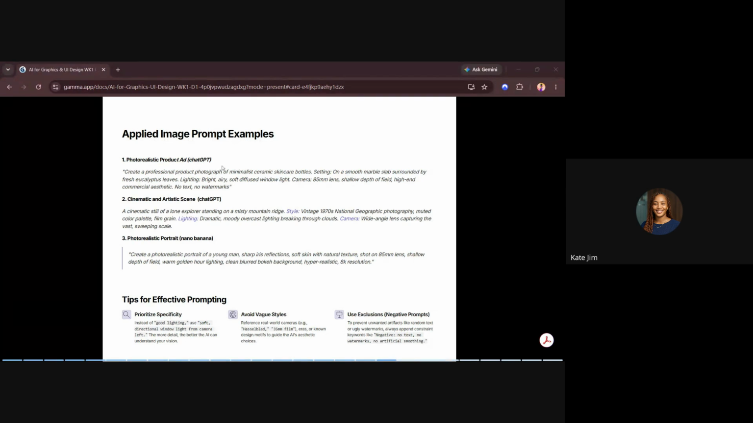Yes. So now we have this: create a professional product photograph of minimalist ceramic skincare bottles. What is the setting? This is on ChatGPT, by the way. If you notice, I put them specifically. You can use them interchangeably. And sometimes what I usually do is, if I have a prompt, I pick